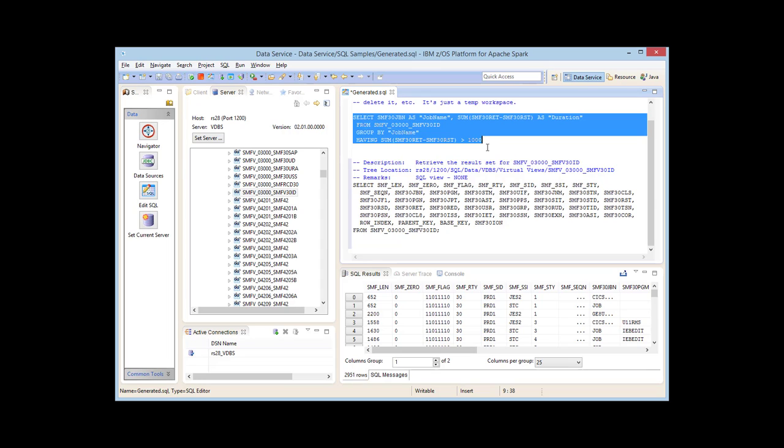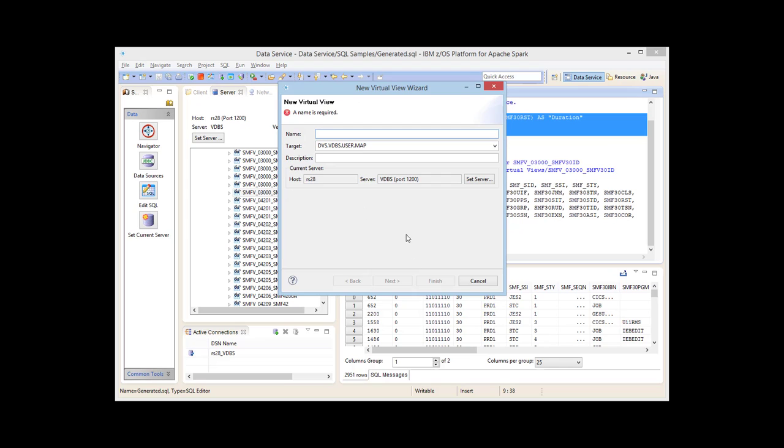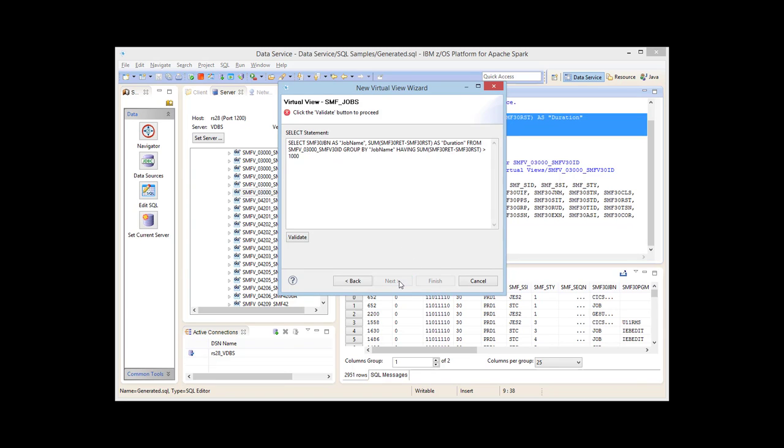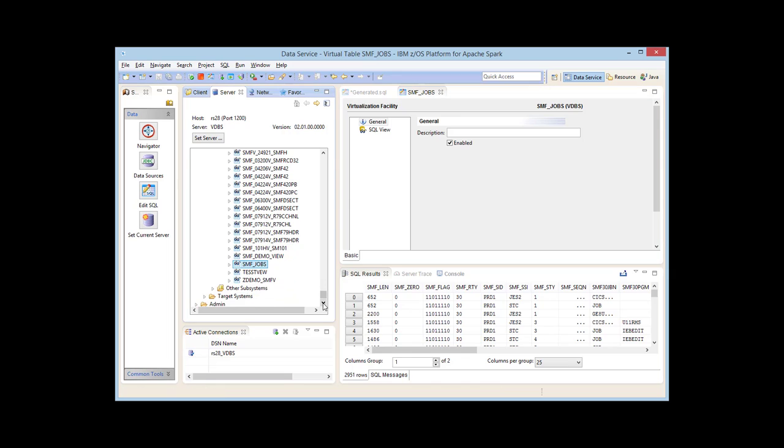And at this point, I'm going to create a user-defined view of this query. This is an optional step, but I think a recommended step. It allows us to encapsulate the query into a user-defined view, and from there on we just refer to the view name instead of the actual SQL query. Okay, so here's my virtual view,